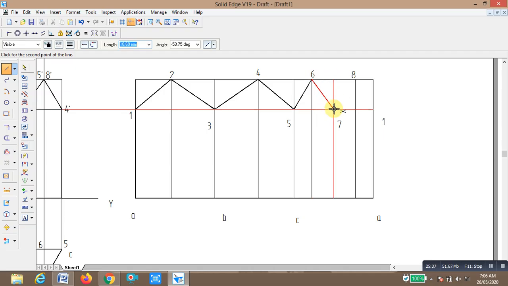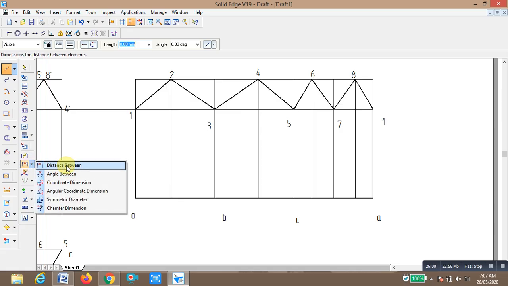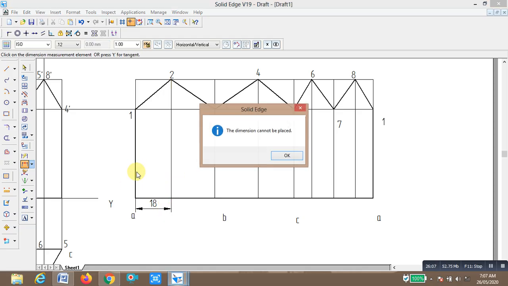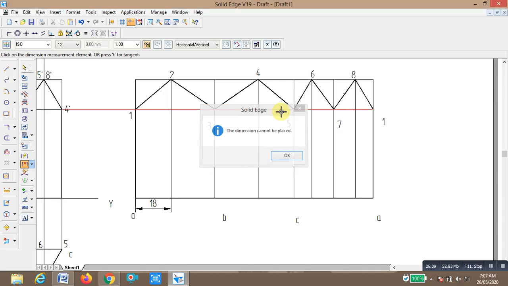Okay, now this is the development of the lateral surfaces. So we are going to mention the dimensions as follows here. The distance between this line and this line, you show it. The distance between this and this, you show it, 140, and the total distance required for the sheet metal is